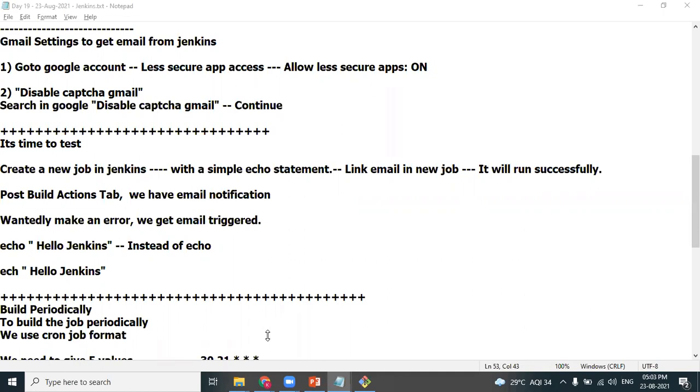Sometimes the client says that irrespective of whether the repository gets updated 10 times or 5 times or 4 times, every day at evening 6 o'clock the job should start executing. They don't want frequent intervals. At least daily once we want it. More than once does not make much sense. That means you want to trigger the job periodically, not based on the changes done in the source code repository.